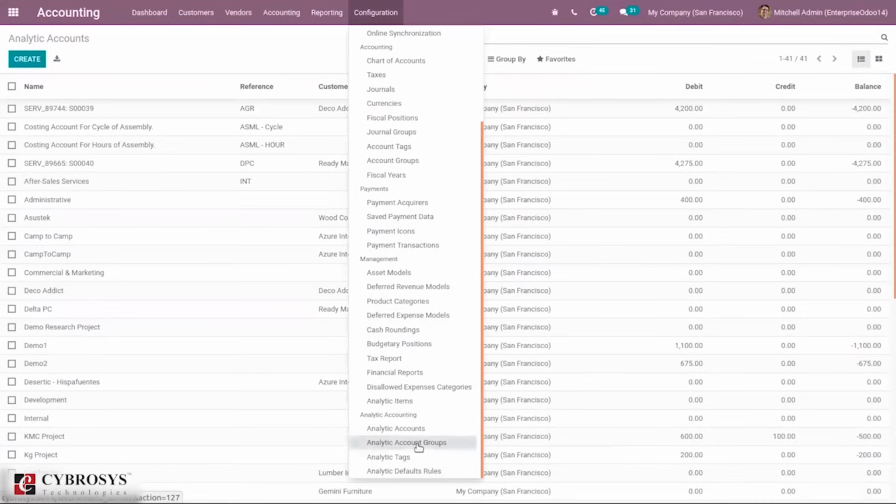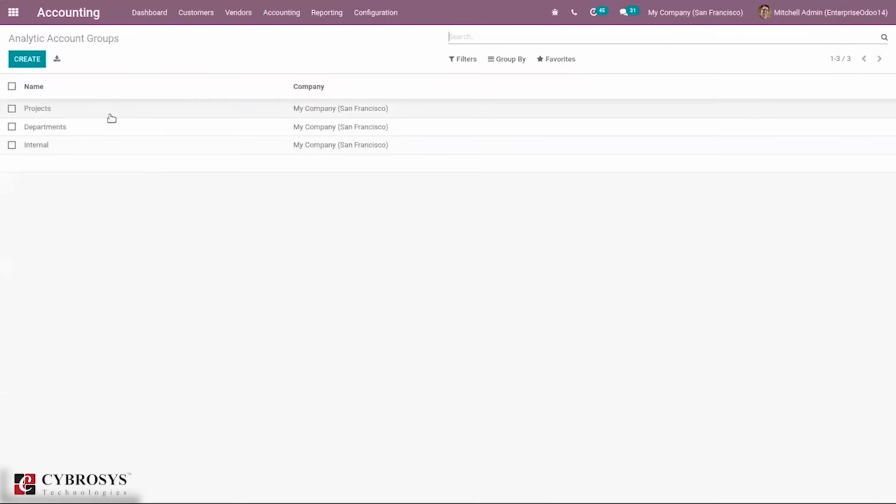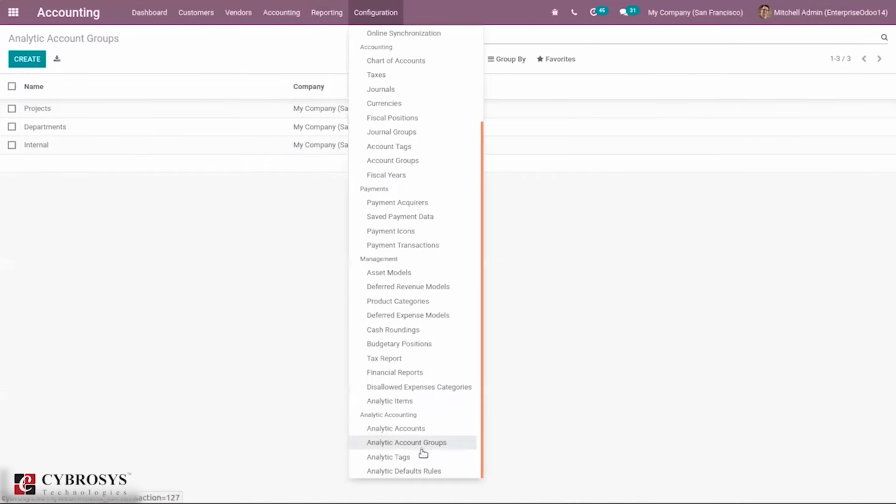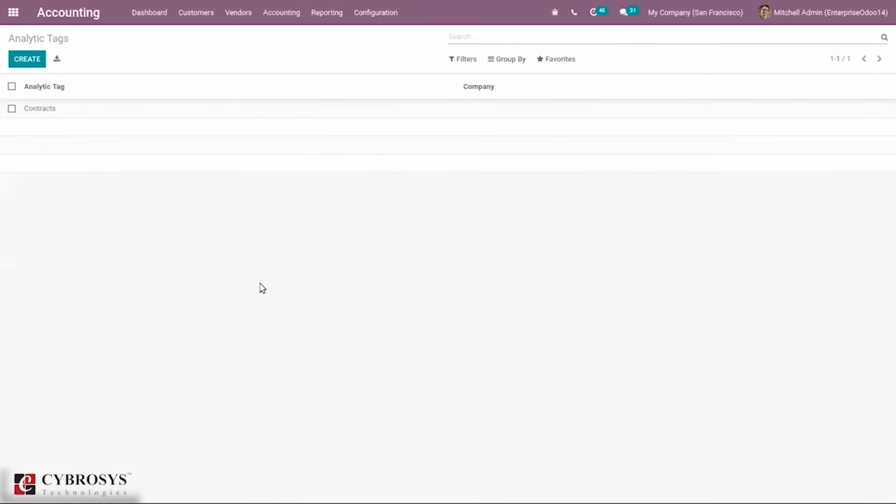Then it's also possible to configure analytical account groups, which can be used inside our analytical account. You can see there are groups already created: projects, departments, internal. Then we have our account analytical tags that I have told about before. If you want to split a product's price stage-wise, or divide a payment amount to several departments by its corresponding value, you can split by percentage. You can create departments as analytical accounts and create an analytical tag, and in that tag we can define the percentage for splitting or division.